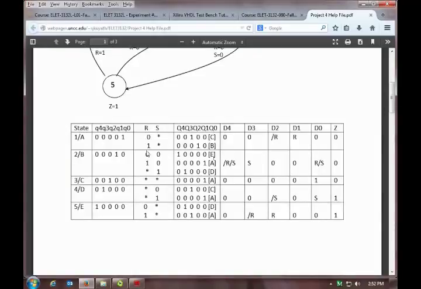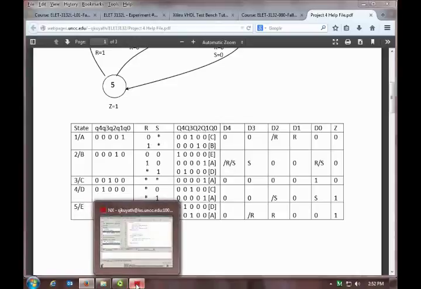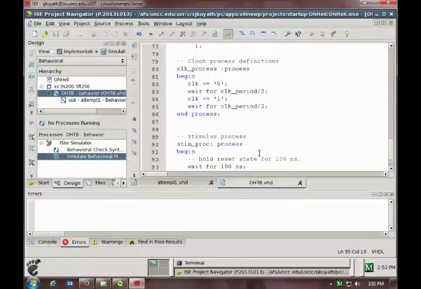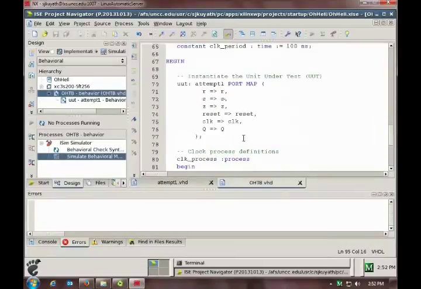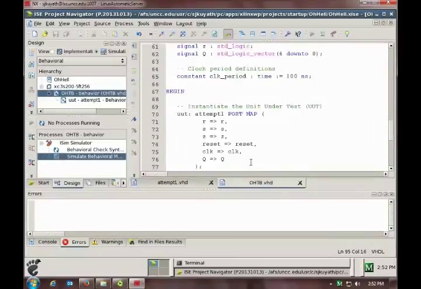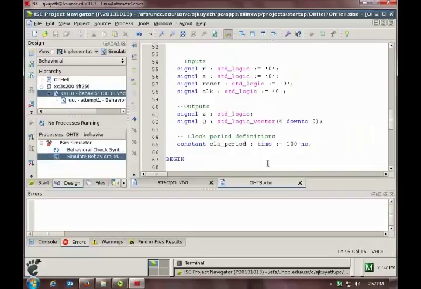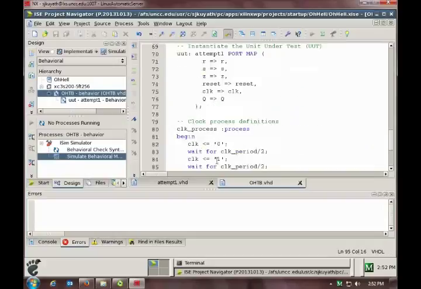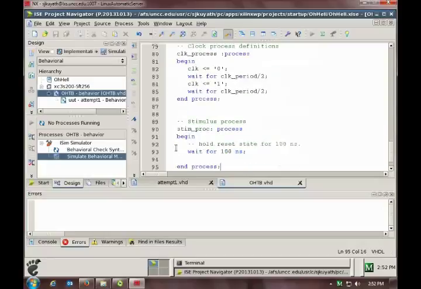What I want to do is say that the first thing I want to do here is make sure that reset's low for a little bit of time. I made the reset low in that simple. So the first thing I do